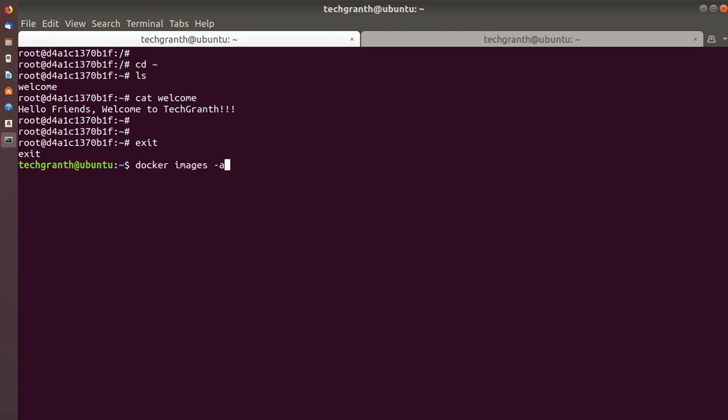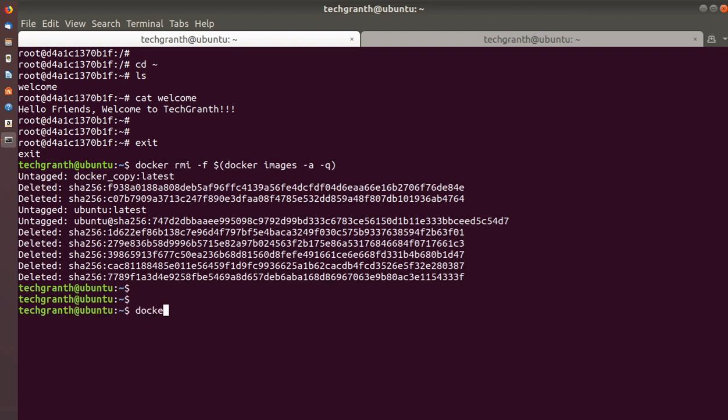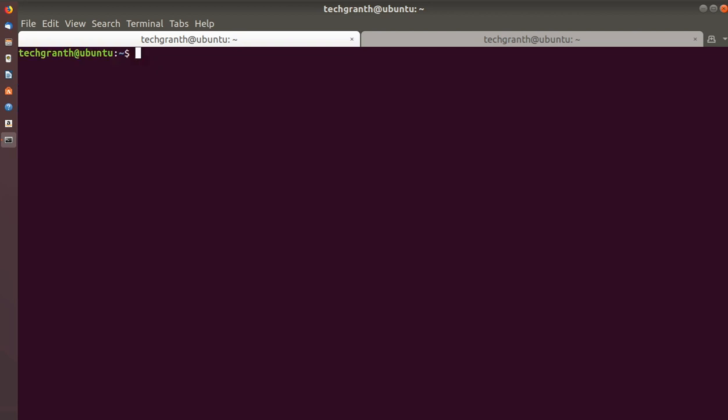So let me just remove this. Now you see we do not have any images, and with docker ps -a, we do not have any container. Now the next instructions we will see are cmd and entrypoint, which are the most important ones.